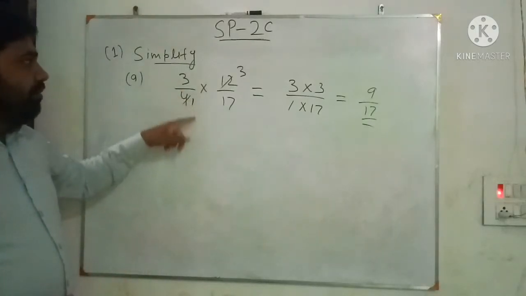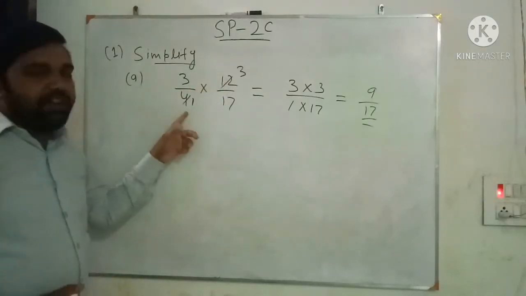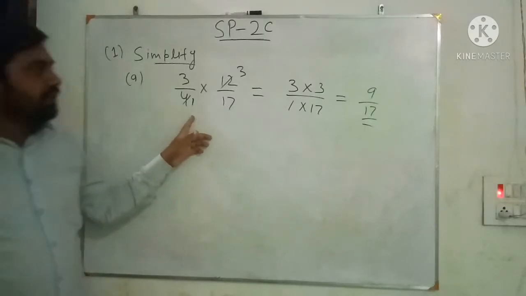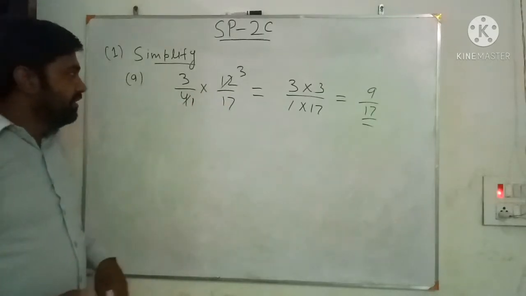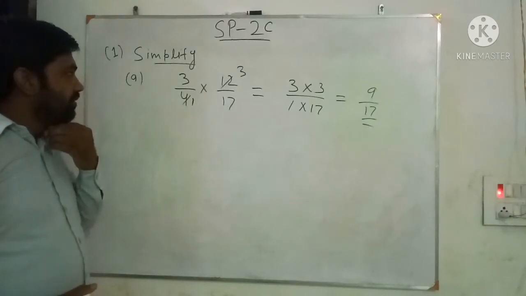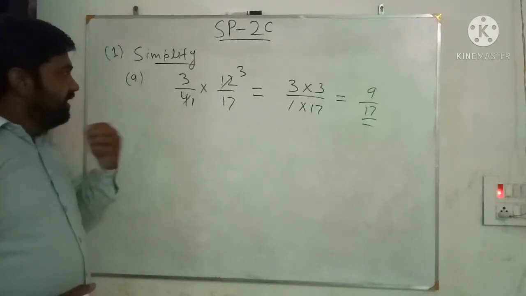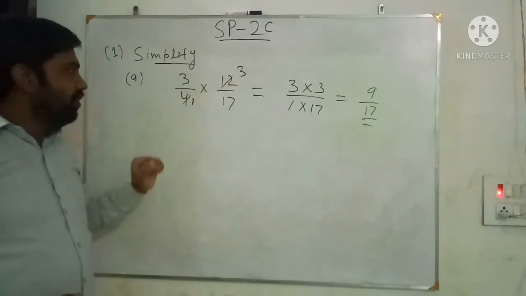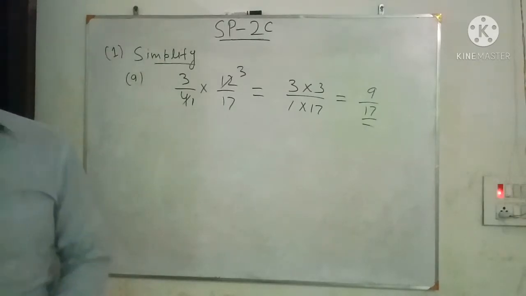Okay, here we are studying the multiplication of the fractions. So the numerator and denominator cancel each other. If any common factor divides the numerator and denominator, we simplify it by that common factor. Here 12 and 4 has a common factor 4. So we have divided both 4 and 12 by 4. Now move to the next question.